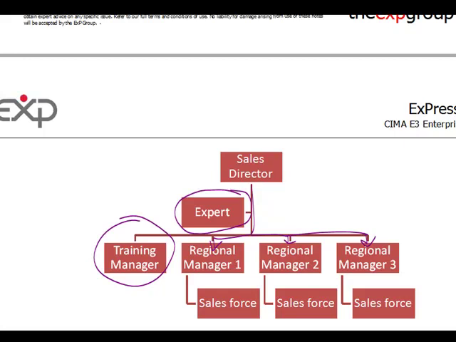Now, the obvious problem here is that the regional managers are not really responsible in front of the training manager. So his job is sort of in limbo, and that may also not contribute to certain strategies. A similar thing with an expert. He has no influence on the work of regional managers, and therefore they are in full capacity to question what he says.